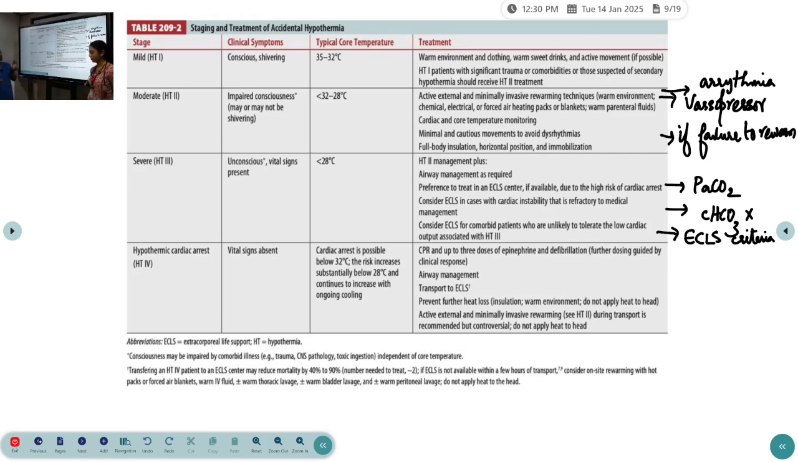And then as we have told previously, if the patient is having any significant trauma or major comorbidities, or if we are suspecting some secondary causes, that patient will be put under class 2, or moderate. When the patient comes under the moderate group, whatever we have told in class 1 has to be done. That is, make the patient dry, give a warm environment, all those things. Along with that, we will be preferring active, external and minimally invasive rewarming techniques. That is, you can see here,